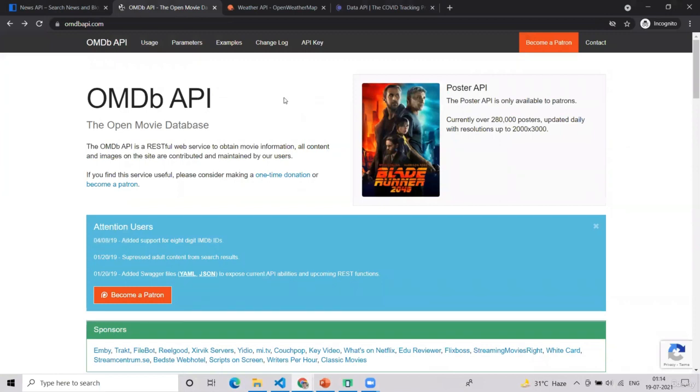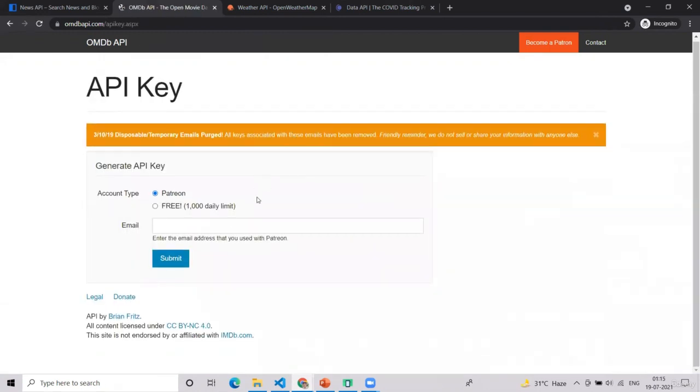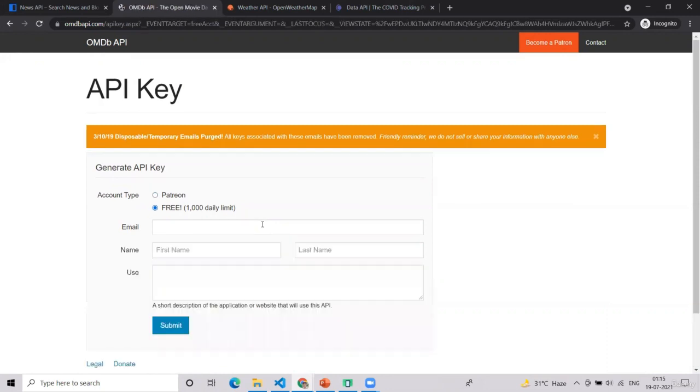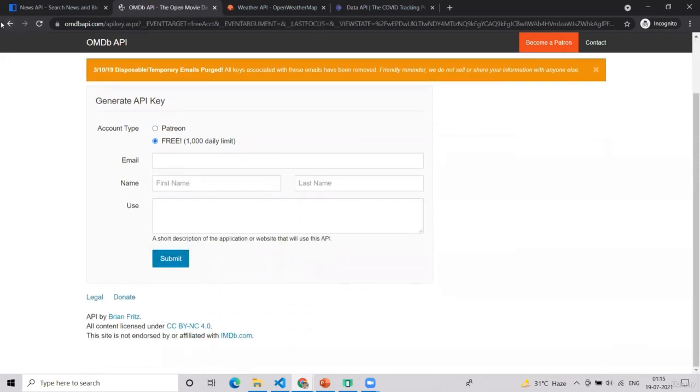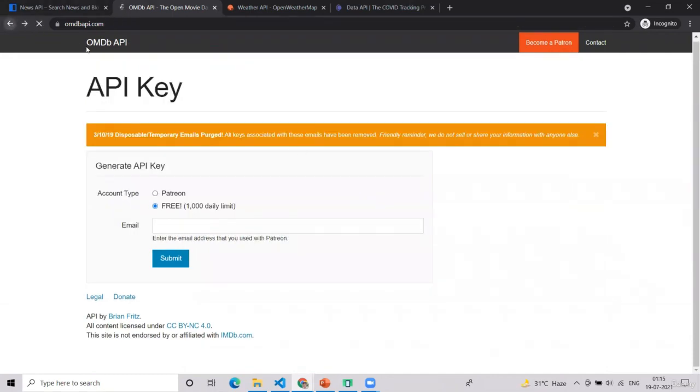The second API key you can get is this OMDB API. You just simply go and click on this API key and write your email here and submit. In this way, you will get your API key and you can directly start accessing the movie database from here.